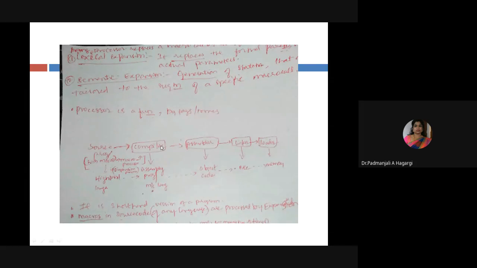Lexical analysis searches whether the units of a particular language are tokens or not. Which types of tokens? Identifiers, keywords, or operators. So it divides them into such different categories of tokens.